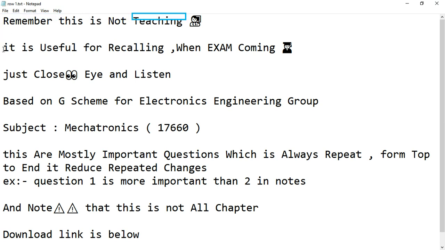Remember, this is not teaching, teacher. It is useful for recalling when exam is coming, student. Just close your eyes and listen. Based on G scheme for Electronics Engineering Group. Subject, Mechatronics,